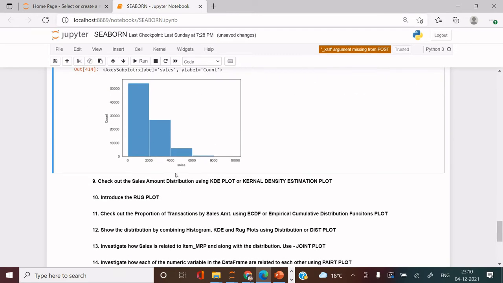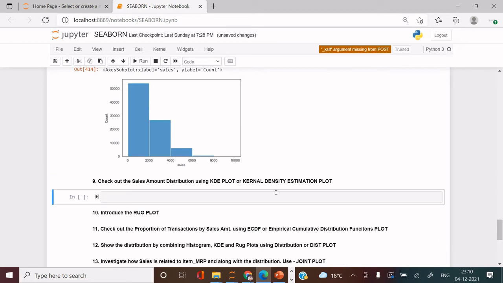Now here you can see the number of transactions between 0 to 2000 are more than 50,000. Again, the number of transactions between 2000 to 4000 are somewhere near 25,000, I can say rather. So this is how you can check the distribution by class interval.